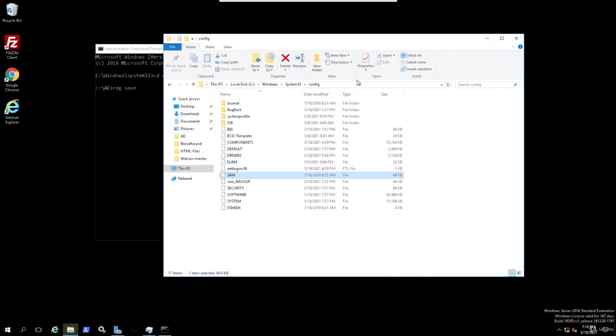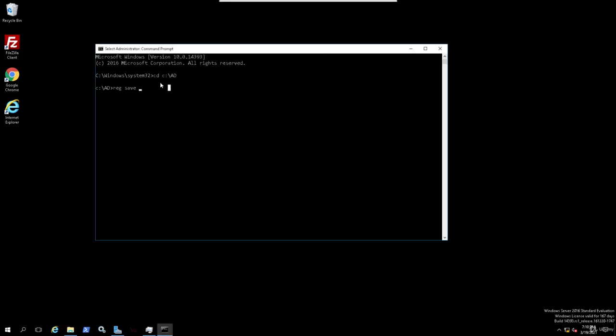All right, and that's where it is. Let me go ahead and copy this so I can put it in the notes. Okay, that's where the SAM file is stored, but we are going to extract this from the reg key. So we are going to do a reg save